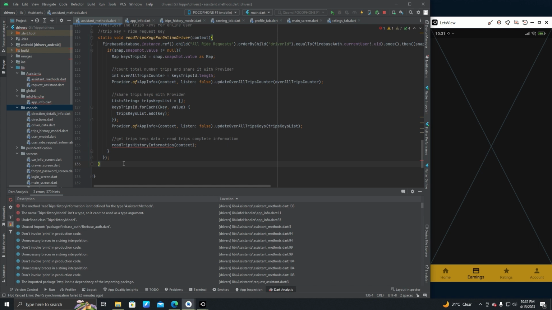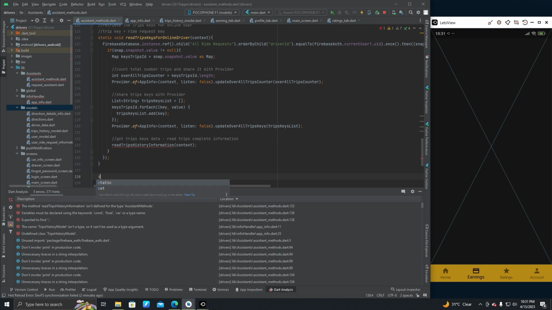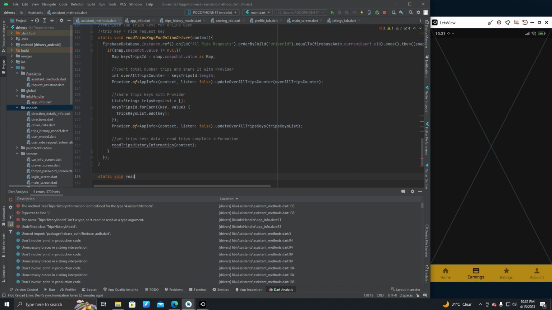Now let's write this function. After this, so static void read trips history information context,